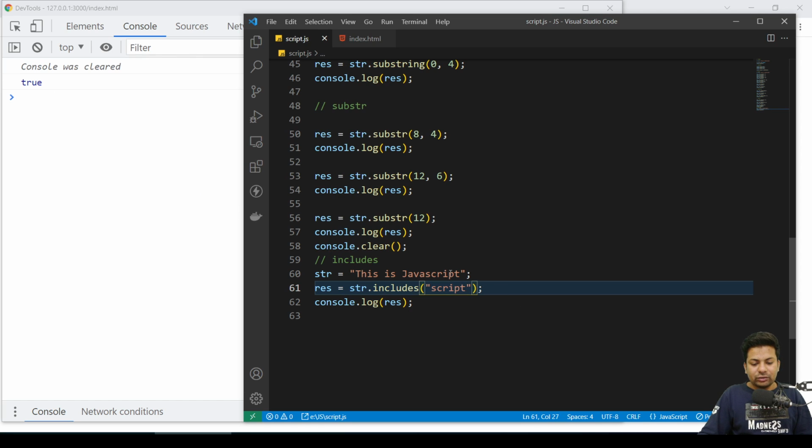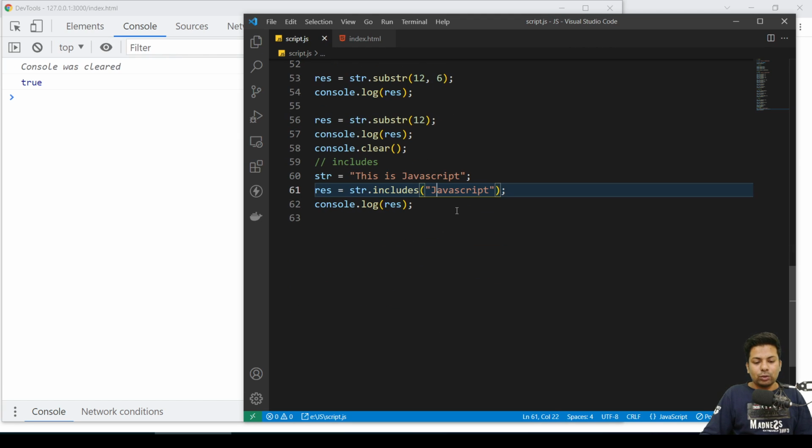True, it contains script. Now does it contain javaScript? False, but there is JavaScript. So why? Because it is case sensitive. You have written small j and here it's a capital J. You can clearly see. So that's why it's sending false. If I make it capital, see, true, it contained this.